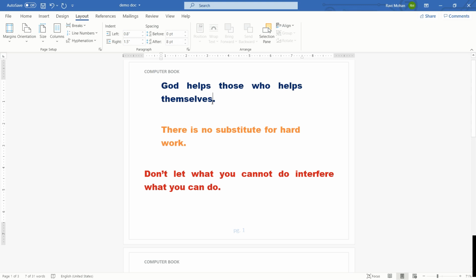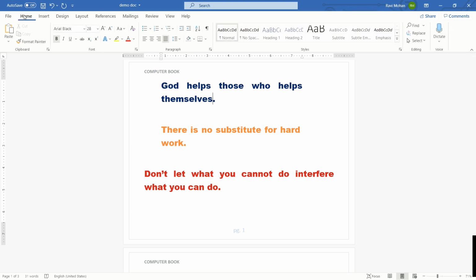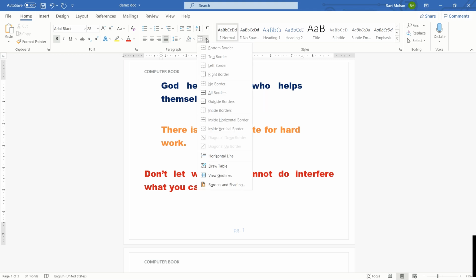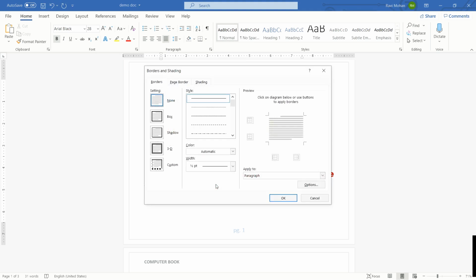For applying border and shading, let your page be selected. Then going to the home tab, you may go to the border option and the last option available is border and shading. Now children, there are two options. Either you can apply the border to a selected paragraph or to the entire page. Entire page borders give us two ways. One is the line borders, which are again available in different styles. Second is the artistic borders, which are ready-made available to us.